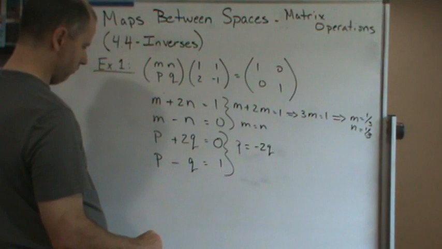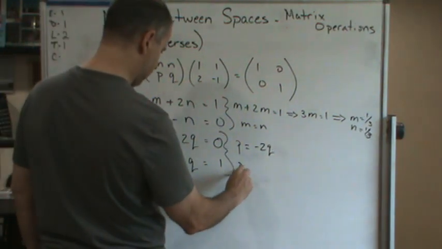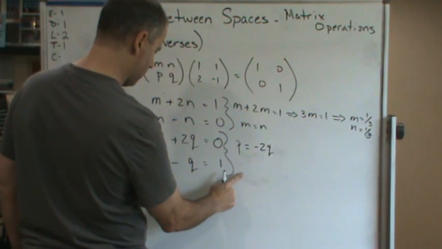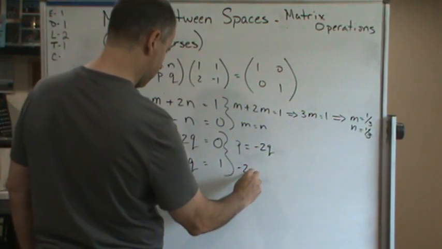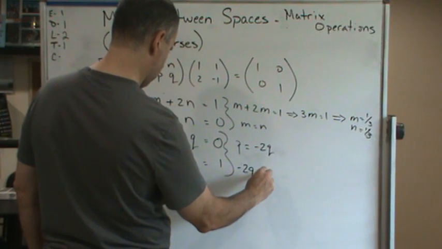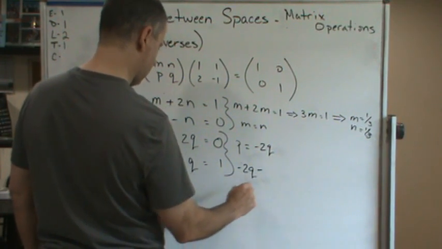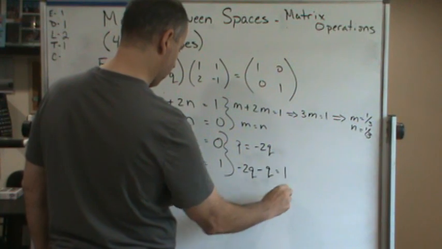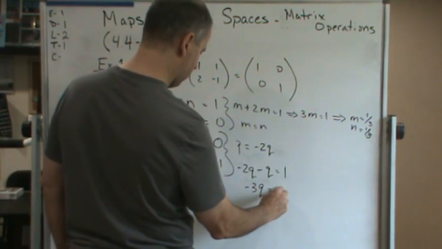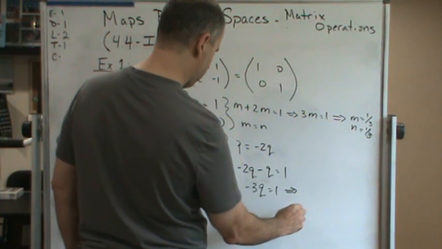And so this equation here is going to change to negative 2q minus q equals 1. So this is going to be negative 3q equals 1,